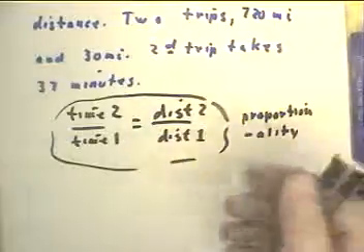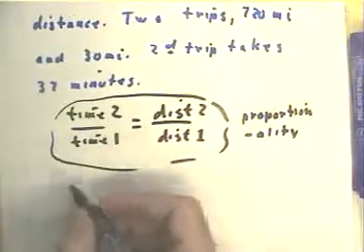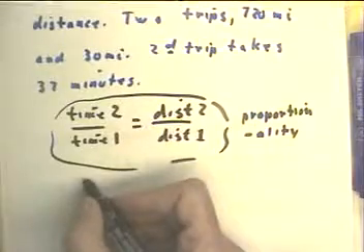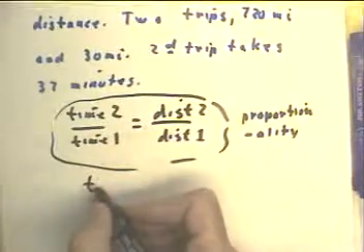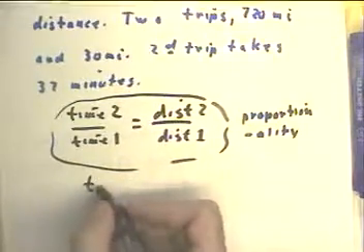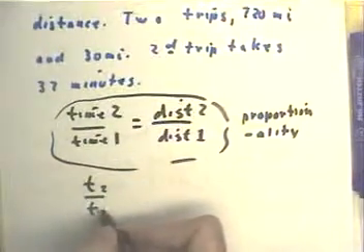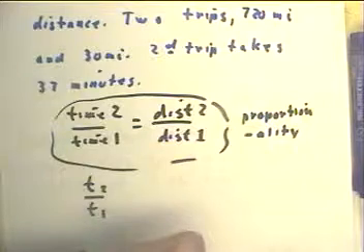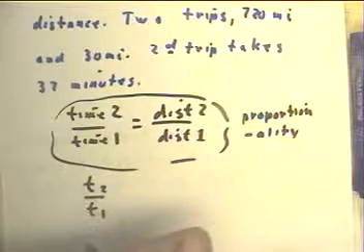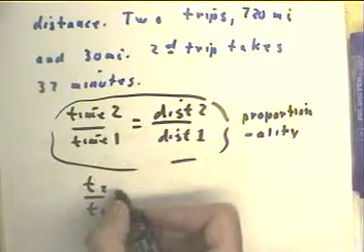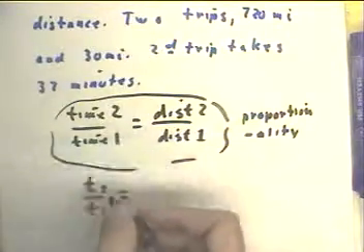If we write down the numbers, and I'm going to abbreviate slightly, I'm going to say that T2 over T1 equals